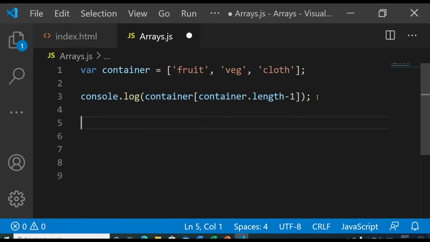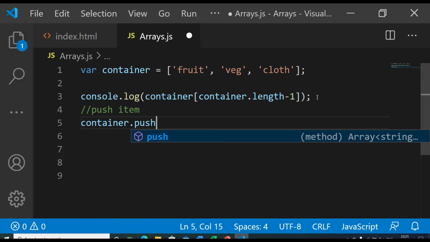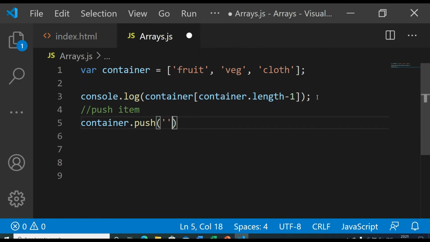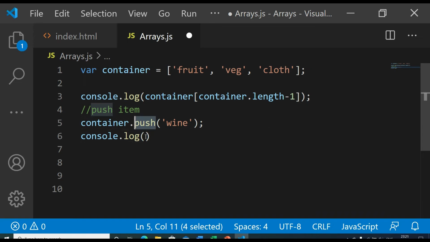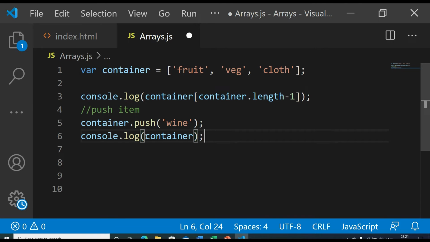Okay, so there are some methods which we use with arrays. Let's say you want to push an item at the last index, you can use the container.push method. Currently there were only 3 items, and let's add one more item, wine, and then console.log again. This push method will enter wine at the last index of the container array.